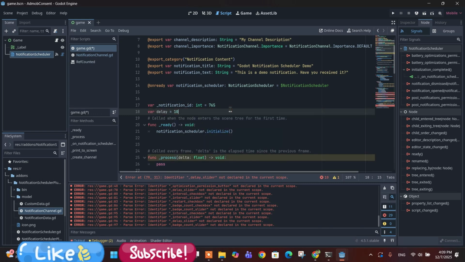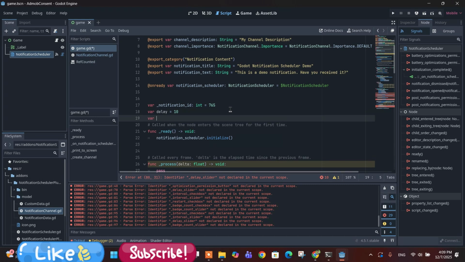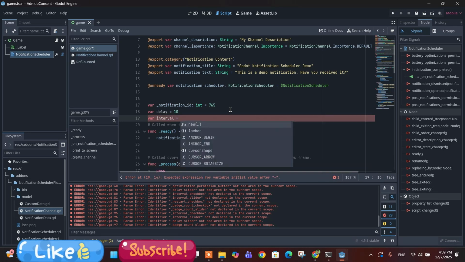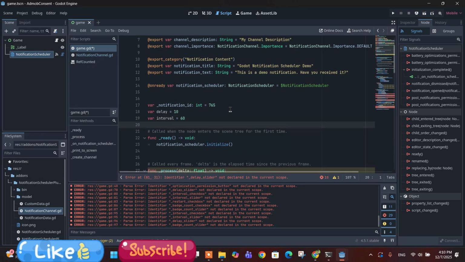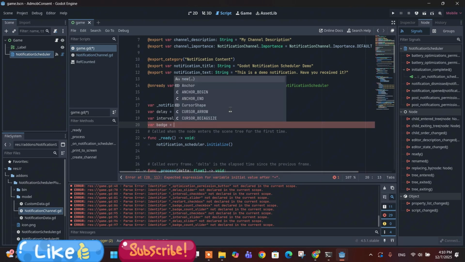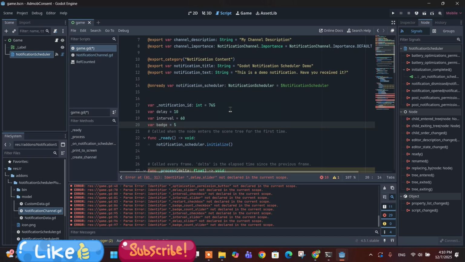Okay, so delay will be in seconds, and another variable I want is interval, and I'll just make it 60. And next I will create another variable called badge, badge equals to, I'll just give a value of 5,